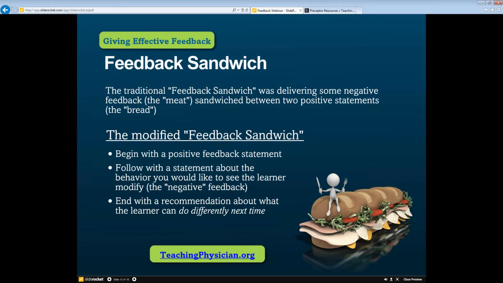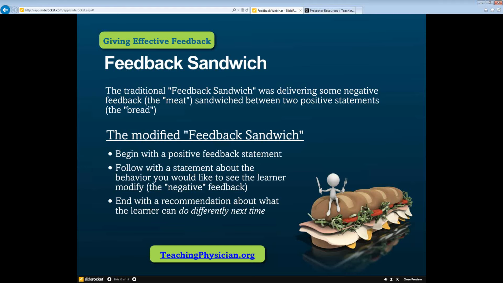So similarly, your chest pain history was nice and accurate and complete. Your review of systems was focused on the pertinent cardiovascular aspects for this patient. You listened to the heart on the patient's shirt and in 2 areas, and the recommendation next time, what I would recommend you do in order to fully listen to the patient's heart would be to listen directly on the skin and to listen in the 4 valve areas and to palpate their point of maximal intensity. So that gives them something to do differently next time.